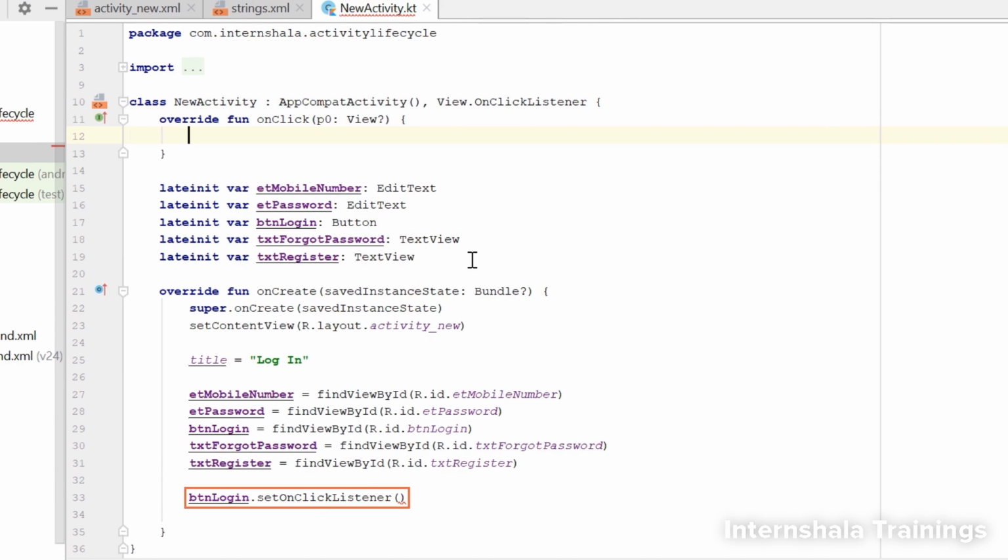Inside the setOnClickListener function, we need to pass the onClick method which we have already implemented above. We will use the this keyword to do this. We will simply write the this keyword in the brackets here. So, we have successfully implemented a click on the button now. We can do the same for any other views. Now it's time to add the functionality to the click.